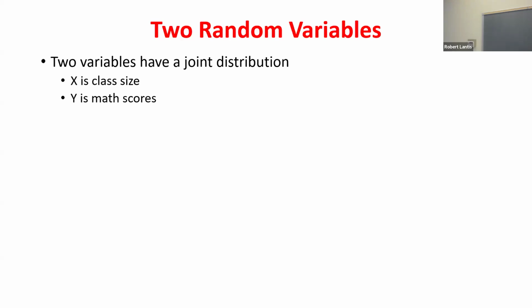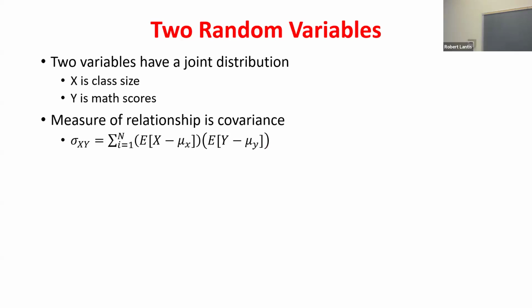So I'm looking at what the size of the class is. We might think that the smaller the class size, the more time the teacher can devote to each student, and maybe we see higher math scores. So one measure of this is correlation, that's often how we talk about it: is class size correlated with higher math scores here? One of the measures that we'll use, which is not the correlation coefficient, we have to first calculate what we call the covariance.